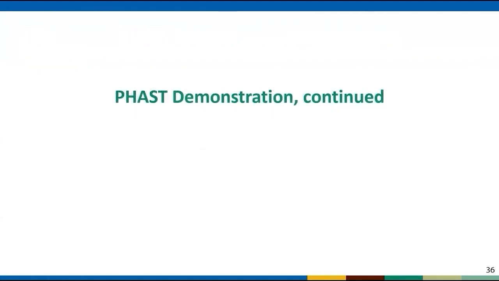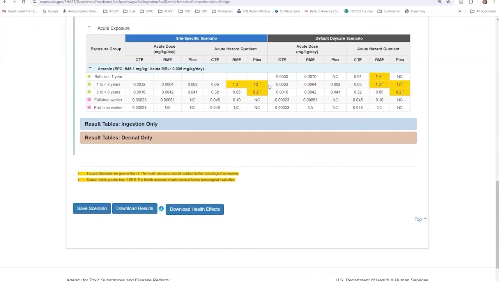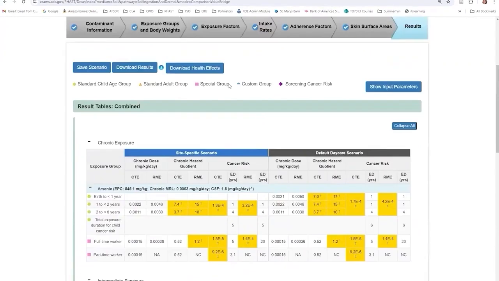I will now go back to FAST to show you something for pica. You'll notice that children with soil pica behavior have an acute HQ ranging from 8.2 to 12. These HQs are based on children having soil pica behavior 3 times a week. As those children are eating the dirt, we do assume that they are sitting there and eating it in one spot. This means we are going to assume that they may be exposed to the maximum concentration of arsenic in soil. So let's go back to the contaminant information page